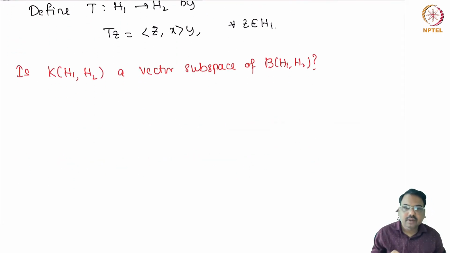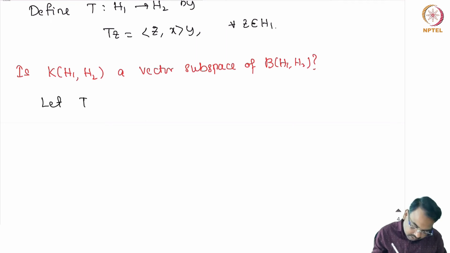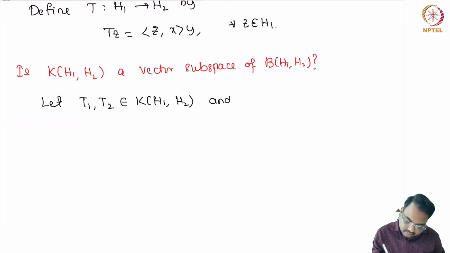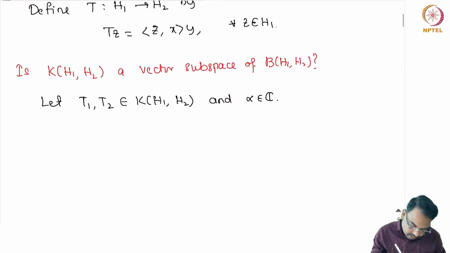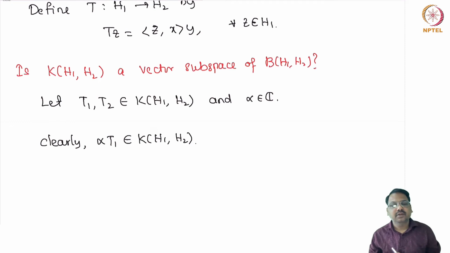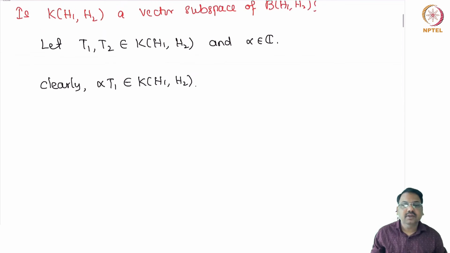Okay, so let us take T1, T2 from K of H1, H2 and alpha in C. So we can easily show that, clearly, alpha T1 is in K of H1, H2. Now to show that T1 plus T2 is in K of H1, H2, we use an alternative definition for